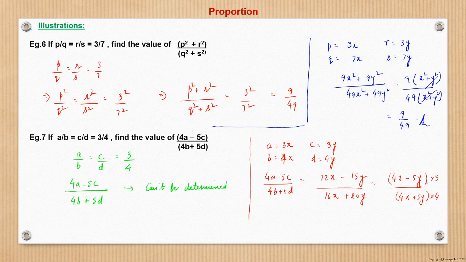Now we see that this is not solvable further, because we get a term in terms of x and y, and we do not know the value of x and y. So from the generic approach also we see that this cannot be determined. However, since we know the concepts and properties of proportion, we need not have done this calculation using equations. We could have directly seen that though the coefficients of a and b are the same, those of c and d are not. Therefore, this value could not be found. This is where it helps to save your time.